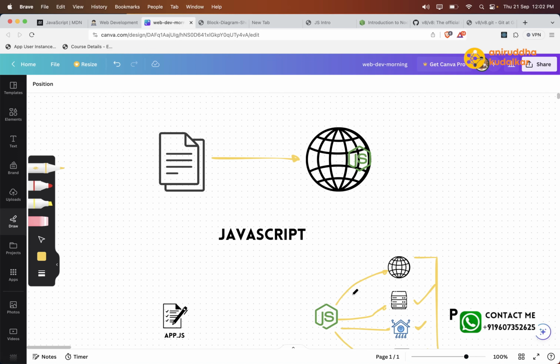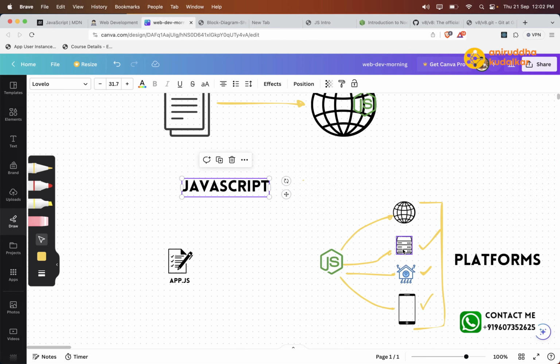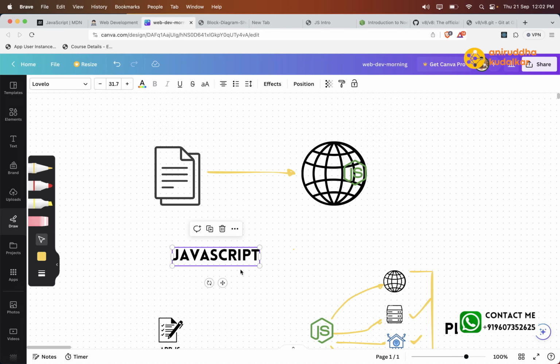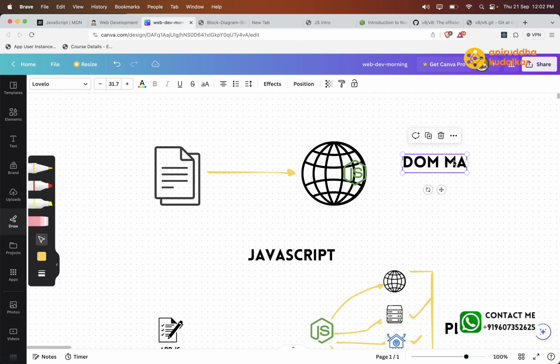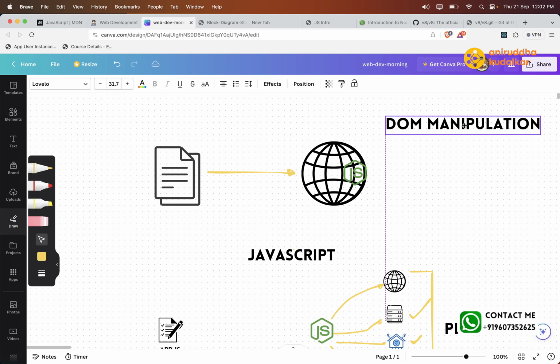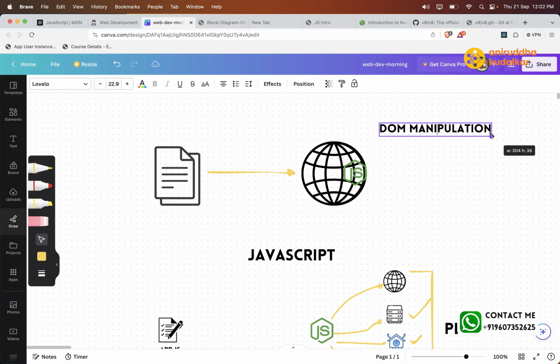So in this course, what we have divided is, first we will learn JavaScript in detail, and that JavaScript can be used anywhere. And from this JavaScript, one more branch we have derived called DOM manipulation. Actually, two things are there. As far as this course is concerned, first in the browser you will run DOM manipulation, and after that you will learn something called